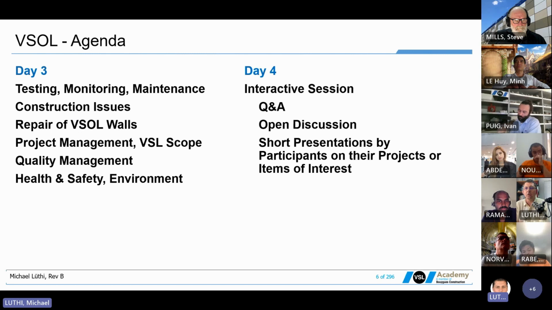Day 4 is planned as an interactive session. Here we would like to have some input from you. If you have ideas, or if you would like to show your project and you have a problem on it, or want to ask about this, we would like to have the 4th day as an interactive session for Q&A and open discussion on where we should make improvements. What do you think about the system, how it works for you if you're already working with it, or do you have additional questions that were not answered in the first 3 days?